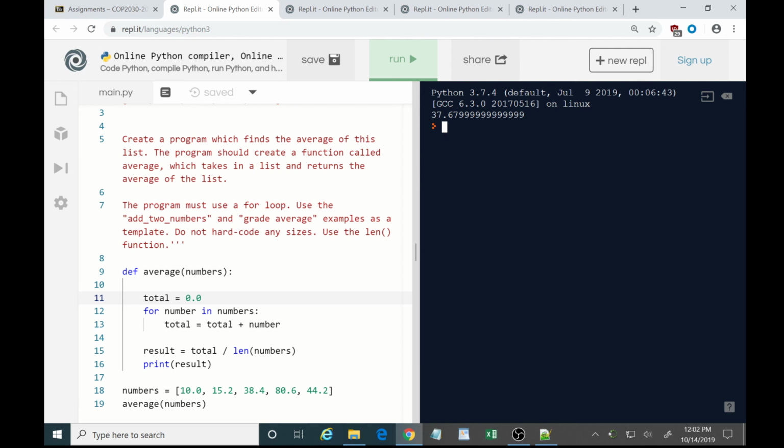Yeah, because not all interfaces are through console. Yeah, exactly. It'd be kind of pointless if I could only use this if I'm returning it to a user. I might be returning it to a non-console program like a web interface. I might just be returning it internally within the program. If I'm writing a game or something like that, and I want a function that finds the average, and then I want to do something with the average, something else that the user might not see, that's the whole